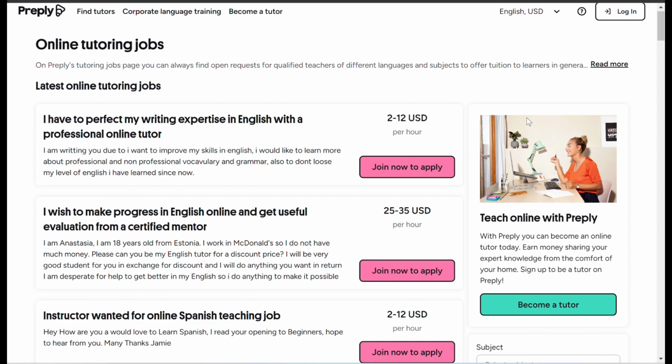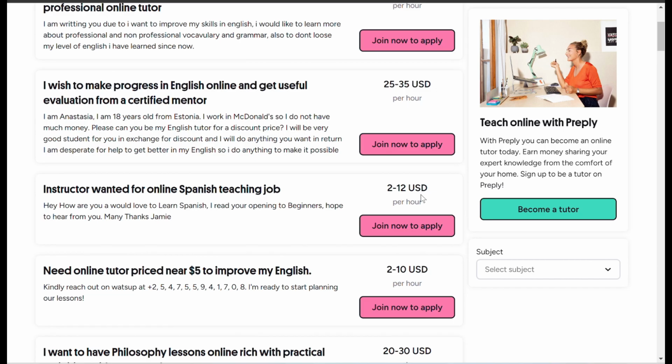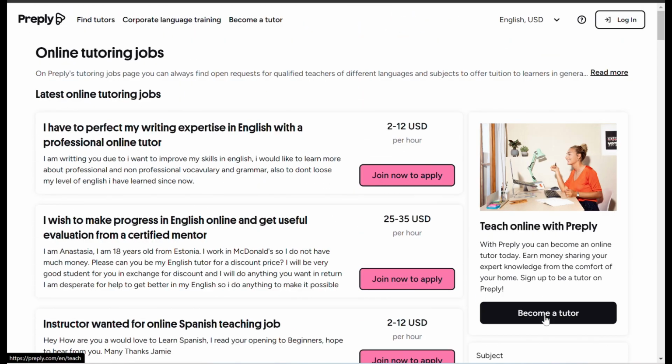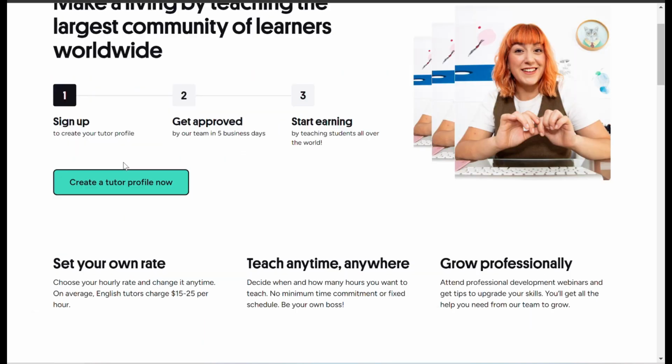As you can see here, you can earn as low as $2 per hour up to $35 per hour. So let's click on become a tutor. The steps are: you create your profile, you get approved, and then you start to teach and you start to earn. You also have the opportunity to set your own rates.